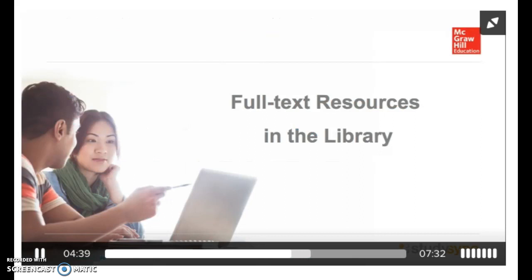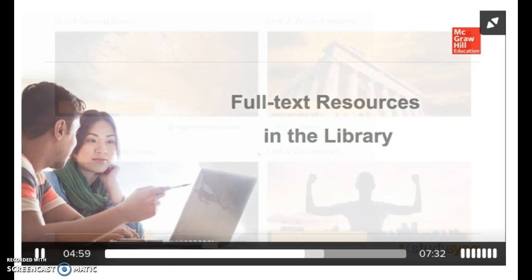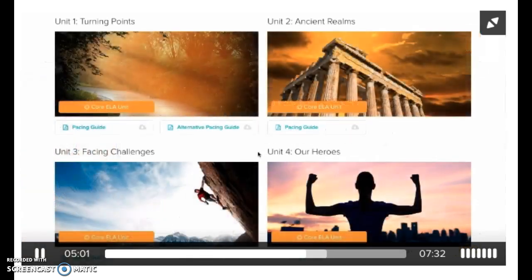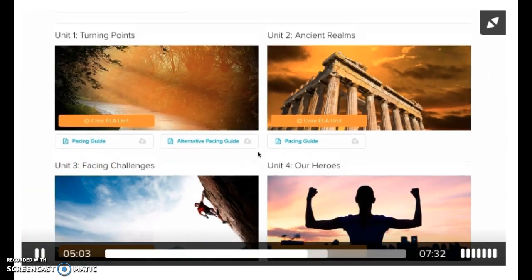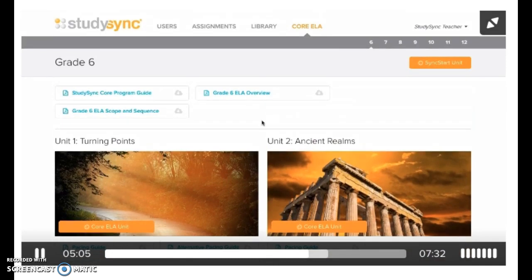Now, let's take a look at the full text resources in the StudySync library. Here, you'll be able to find full text PDFs and full text resources to support the reading of a full work individually, both those that are found as those anchor novel choices in the core units and additional full text options. To find full text options in the library for the digital copies of the full work, first navigate to